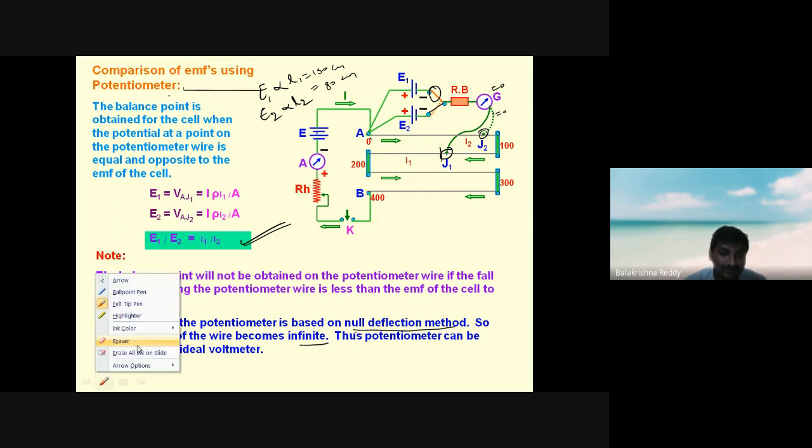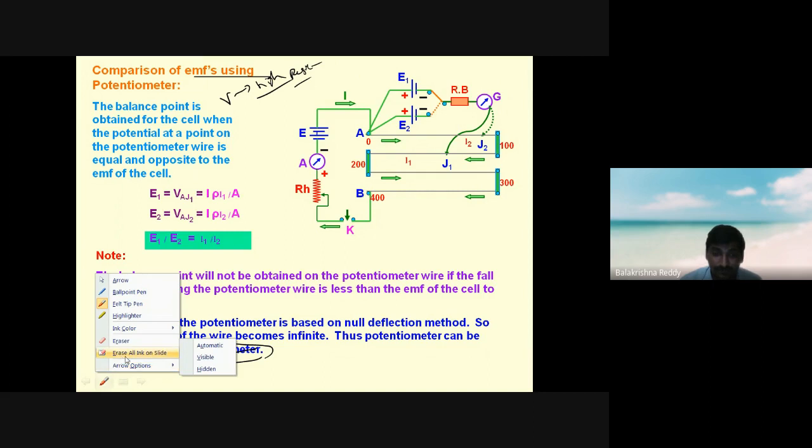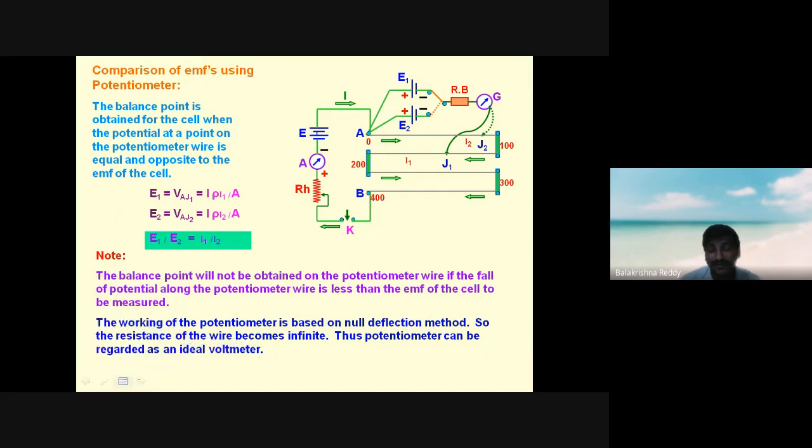Now, the actual point we reached: why do we call it an ideal voltmeter? Normally, if you take a voltmeter, it offers high resistance. But if you use the potentiometer concept, we can find the EMF of a small cell, like our cell phone battery. The same cell phone battery EMF we cannot find by connecting the terminals of a voltmeter, because the voltmeter has high resistance. Here the potentiometer doesn't draw any current. That's why it also acts as an ideal voltmeter, we can say at times, because of course practically it is different.